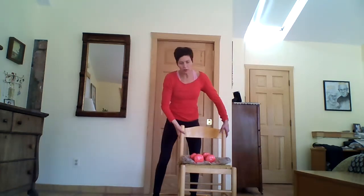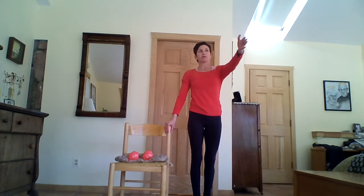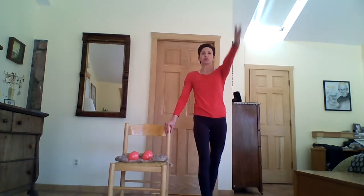So I'm going to walk over now to the right side of my chair, okay? Nice and easy. I'm going to take my right arm out and my left heel. If I have no shoulder issues, arms up. Inhale, exhale, 1. And then I extend, 2,